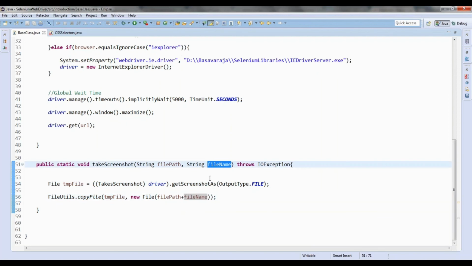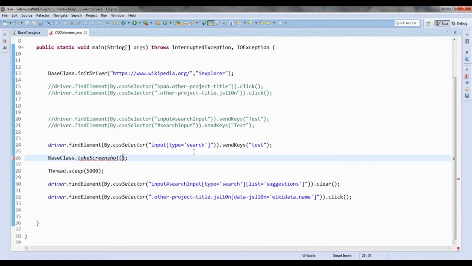Whatever the file name, because the file name should not be static at any point of time. For each and every class, or each and every time I generate a new screenshot, it should give me that one.